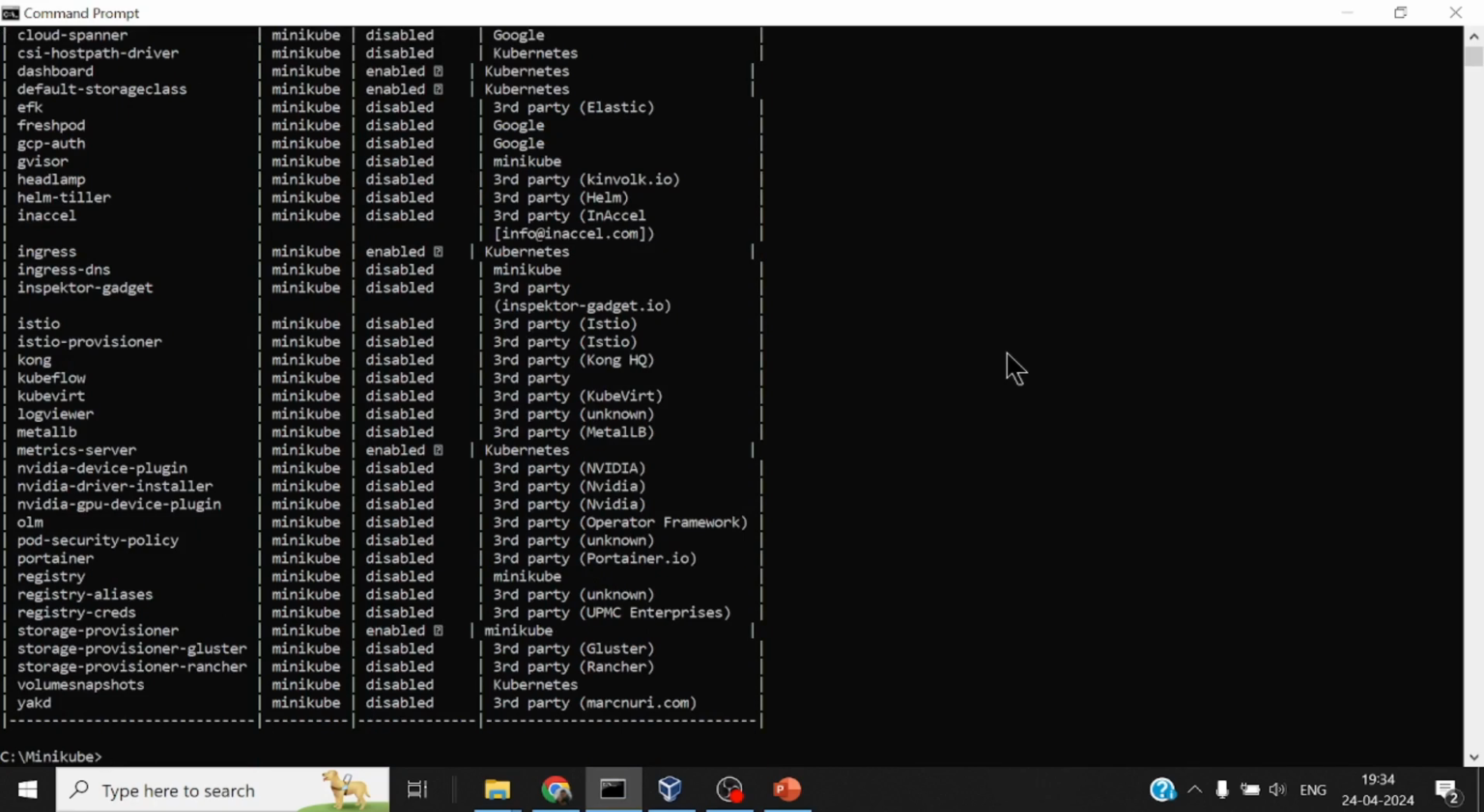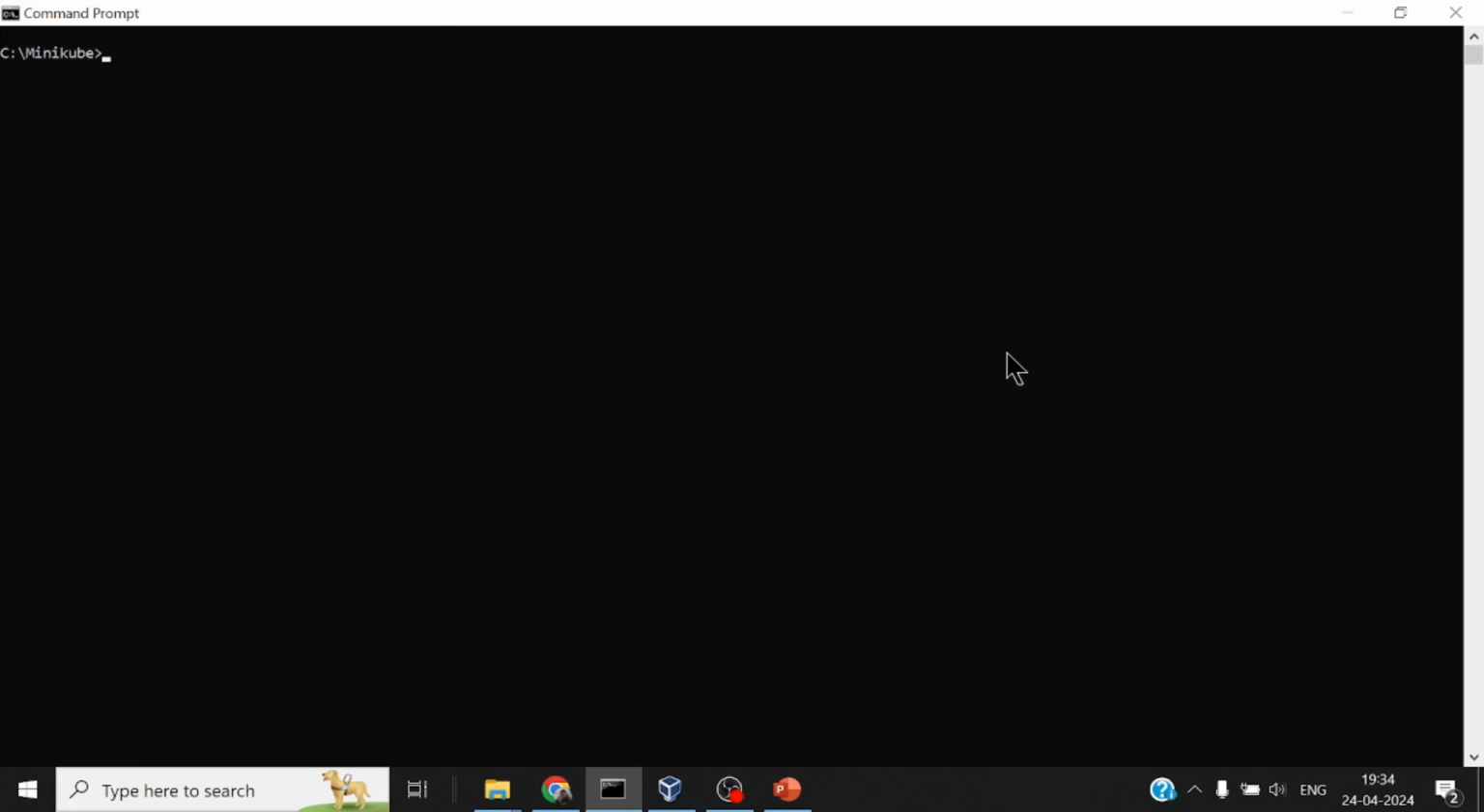Now let me take a look at a few of these add-ons. The metrics server definitely needs some time so that it starts collating all kinds of resource usage, and only after 5 or 10 minutes will it give me some good information. So let me first take a look at the dashboard that is up and running. All right, now if I say minikube dashboard,